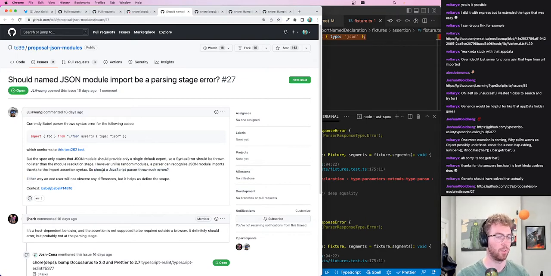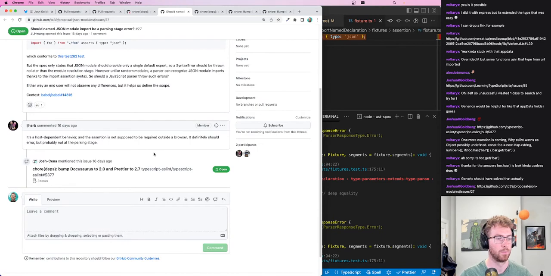So should a JavaScript parser throw these errors, even though a parser can recognize JSON module imports thanks to the import insertion syntax? So the question is, right now this is a parsing error. The code fails to parse. But in theory, this should really be a syntax error, so like more of a runtime-like error, because this code is valid to be parsed, it's just wrong. So this actually is a bug